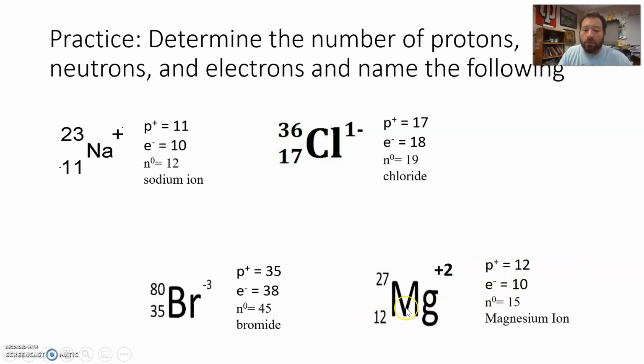And finally, magnesium-27 with an ion there. Protons, 12, all magnesium has 12 protons. We have 2 more positive charges than negative charges. So our electrons are 10. And then 12 plus what is equal